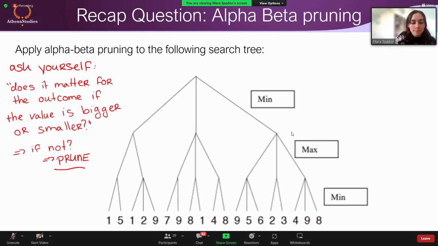Okay, so I basically took one from both of the left nodes, and then I pruned to a 9 on the second one. I'm not sure if that's correct. And then the max would choose 1 because they're both 1. Exactly. Okay, for the second part, I chose 7 because that's the min one going, and I decided to prune